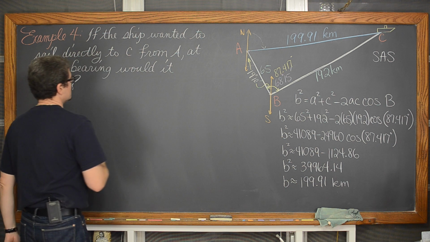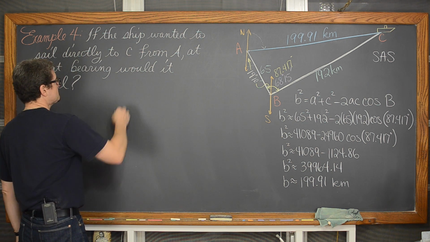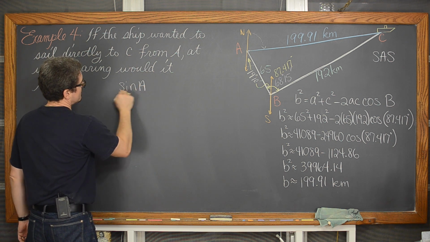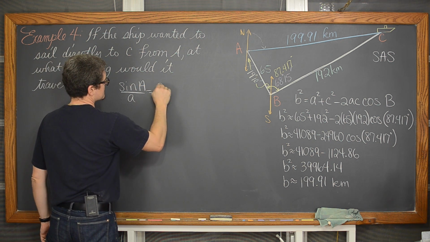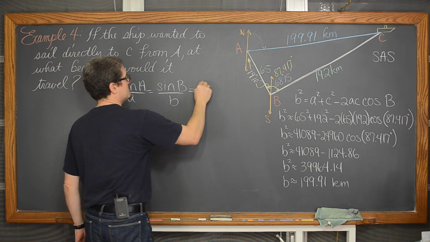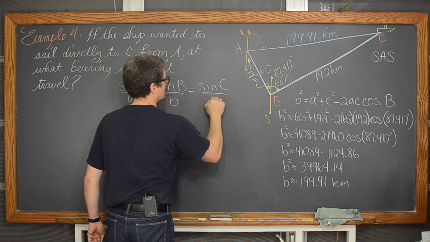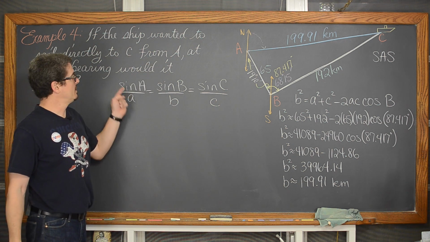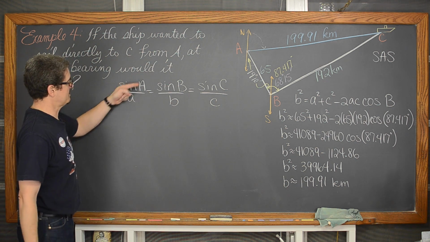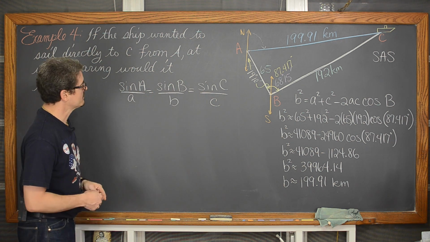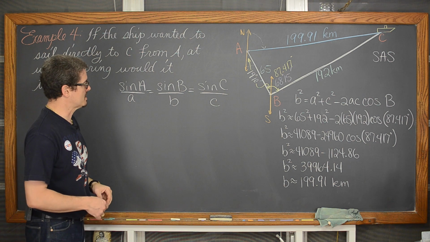So law of sine, your book might write it as the sine of A over A is equal to the sine of B over B, and that's equal to the sine of C over C. And then some books will have it so that the sides are on top and not the sine function, and have A over sine of A, B over sine of B, and C over sine of C. Either way works. Now you can't work with all 3 parts at the same time,